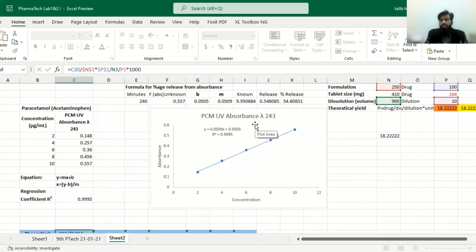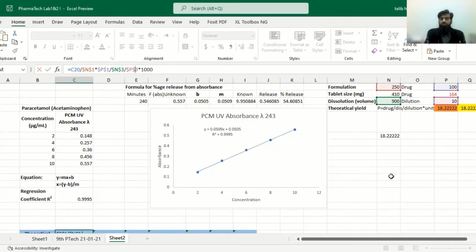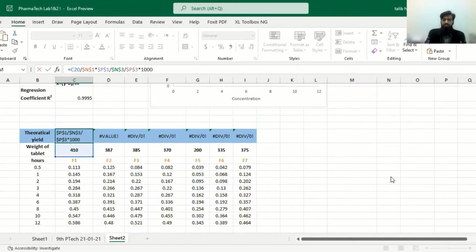And then we have divided it with the dissolution volume of 900, which is written in N3, so it should be fixed. Then we have divided it with the dilution factor, which is P3. So P should be fixed and 3 should also be fixed. Dollar sign before column and before row will give you a fixed reading.